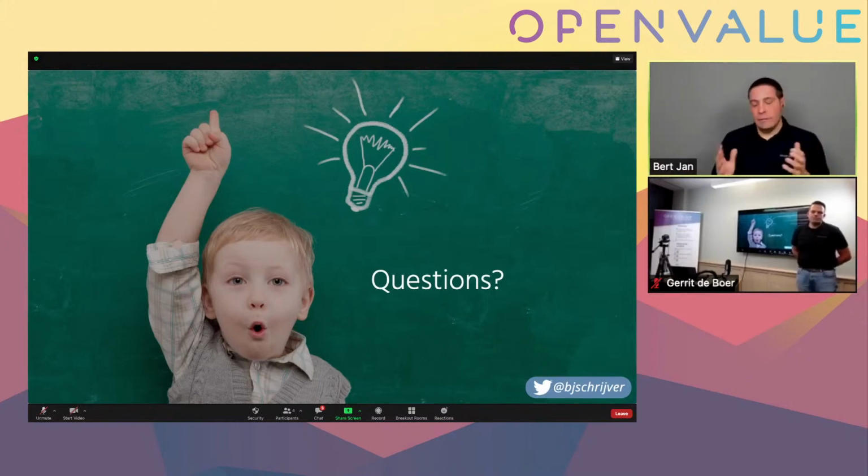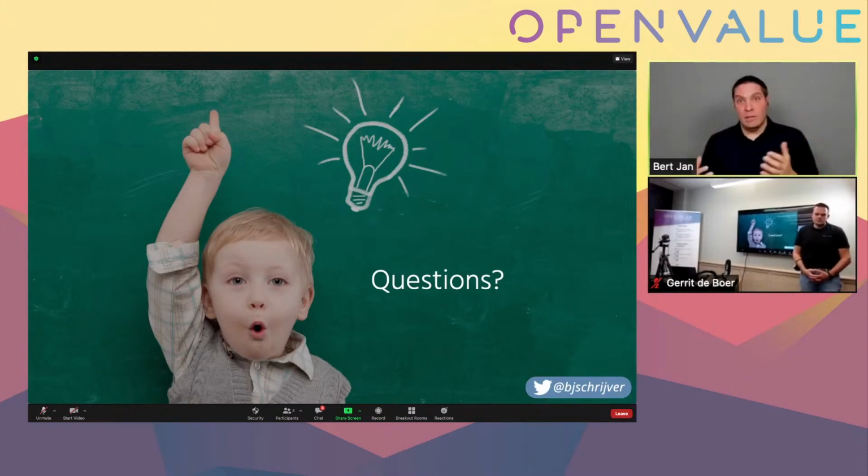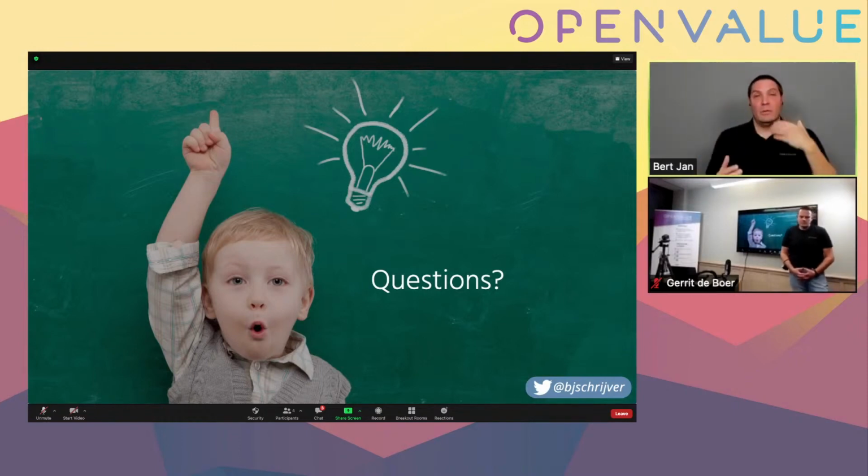So I'm all in for a team that has the responsibilities and also the possibilities to do everything they need to get their application running as well as possible, and have all the capabilities they need to do everything from idea to working software in production themselves. So I'd say a team should be end-to-end responsible for the complete life cycle of a product. But then the shared responsibility ideally lives within this team. So this team is one unit of people that have a shared responsibility for this application.